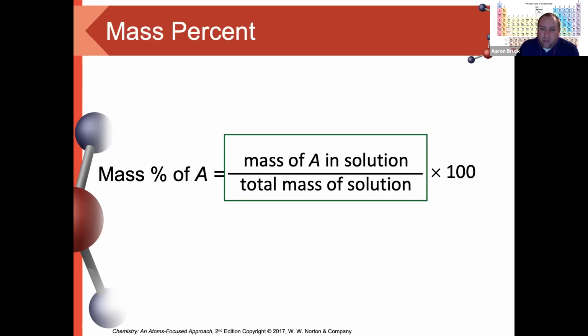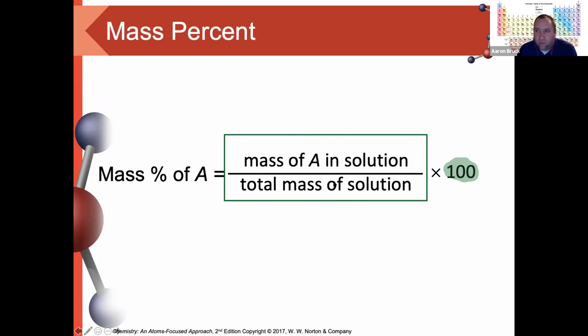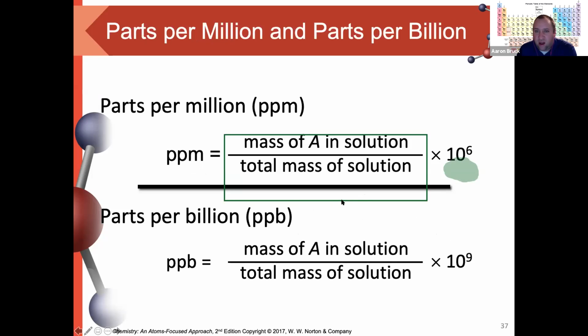Now, what makes it a mass percent is the fact that we are taking that mass ratio and multiplying it by 100. As we will see in the next slide, that same ratio, mass of A, or whatever it is we're interested in, divided by total mass, can get copied and reapplied